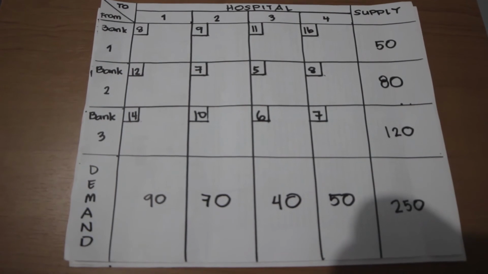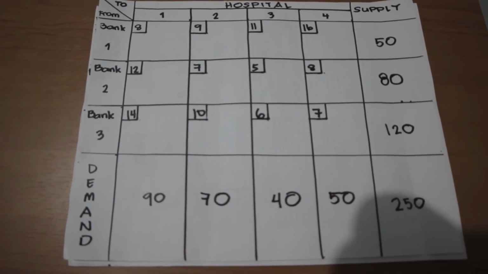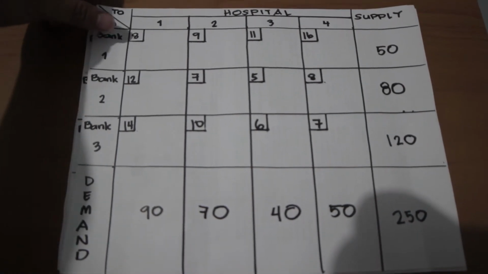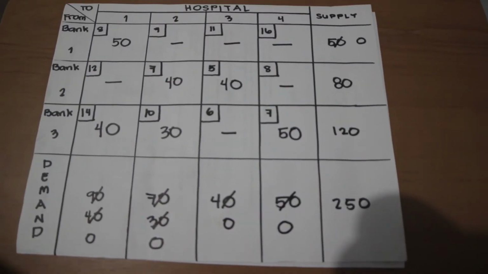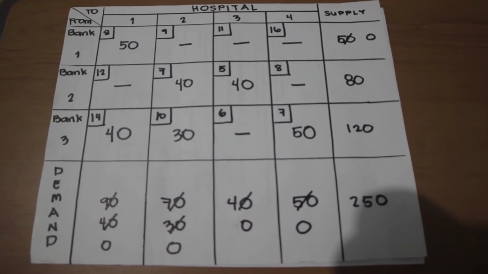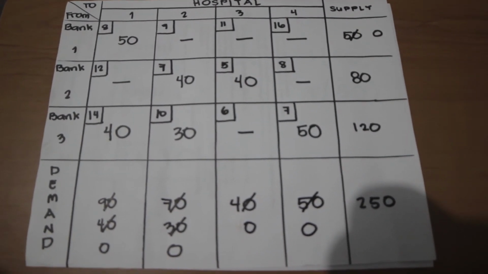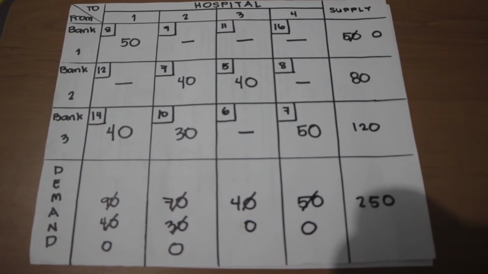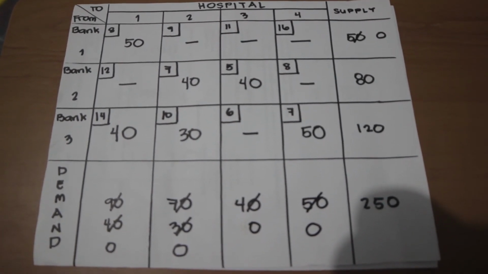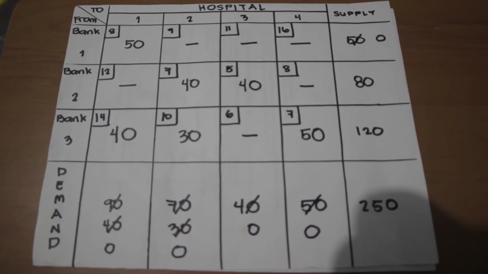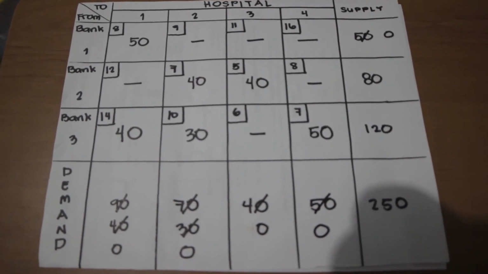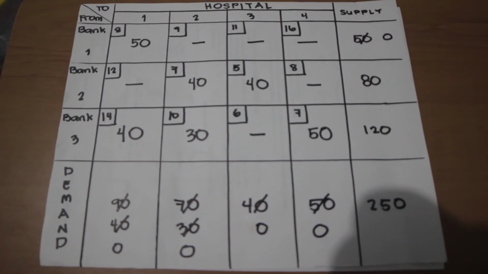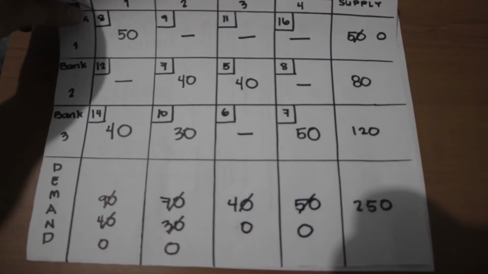Now for the second method, which is the minimal cell cost method. First is to develop an initial table. Then we start at the least cost cell. Then assign the smallest unit to the cell, and repeat until all cells and allocations have been assigned. This is the initial solution using the minimal cell cost method. Solve for the total cost, and the total cost is